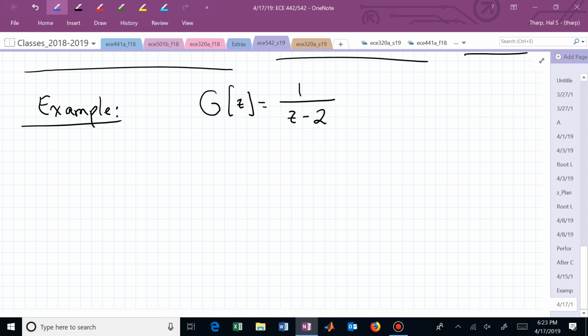What can you tell the person handing you this G of Z on a napkin immediately? If they hand you a G of Z and they say, here's a plant, control it, what can you say immediately about that plant in terms of its open loop behavior? If you walked up and kicked that system and didn't have any feedback, no control, what would happen? What's the mode? What do I mean by the mode? What would influence its dynamic behavior? The pole, and where is the pole?